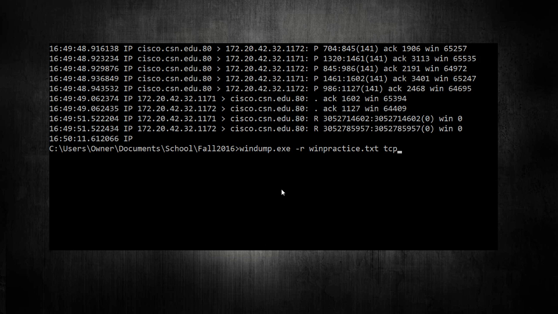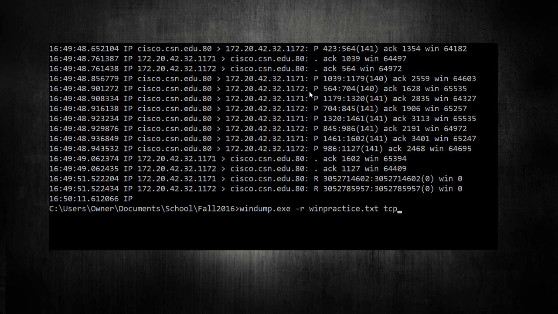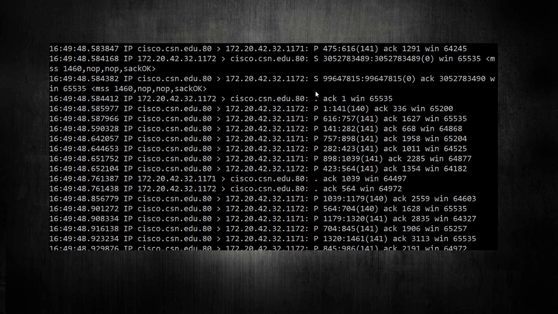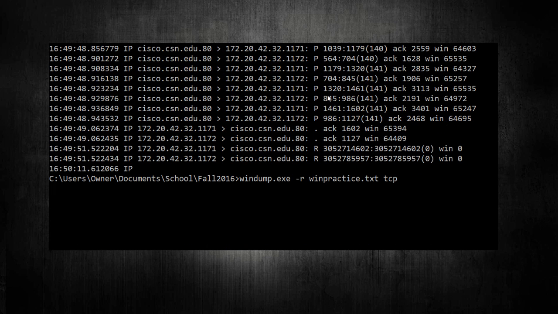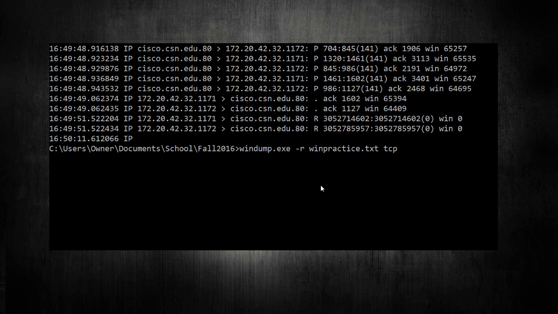Remember, UDP and ICMP don't use flags, so this is solely for TCP. And we're looking for these flags. Say we're looking for a specific type of flag. Then what we have to do is remember that the flag is set at an offset of 13 bytes of the header. So what we have to say is we're looking at the TCP protocol.